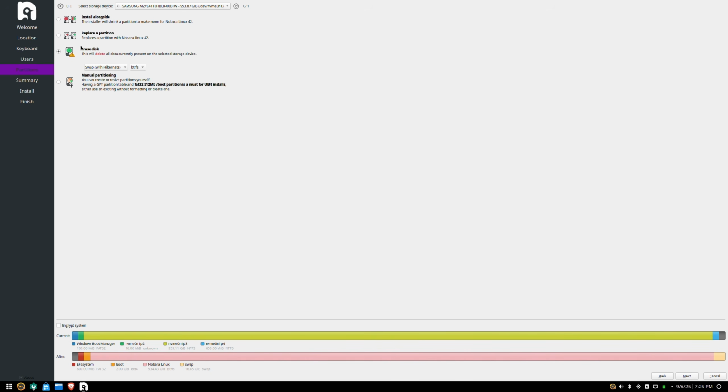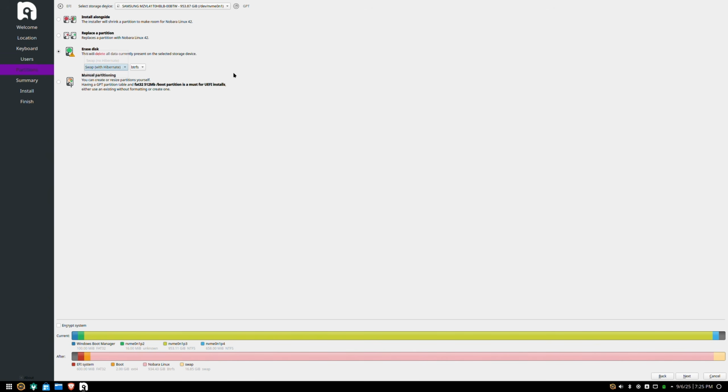When you're erasing the entire disk, you're able to select the file system. I prefer BTRFS, but anything is pretty good here. ext4 is a little bit older, but still nice. Sleep and hibernate's fine. All these default settings are pretty good. If you don't want to have a swap file or a hibernate file, you're more than welcome to select those